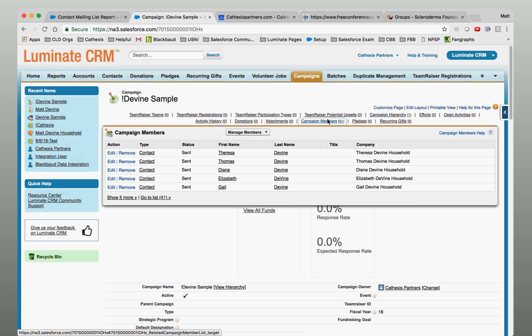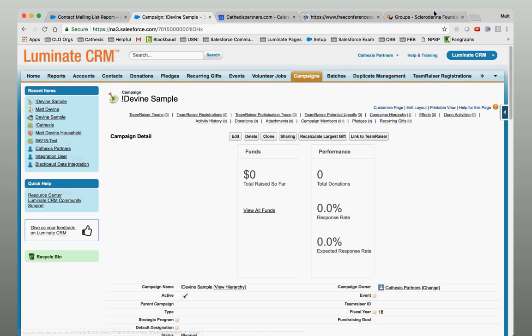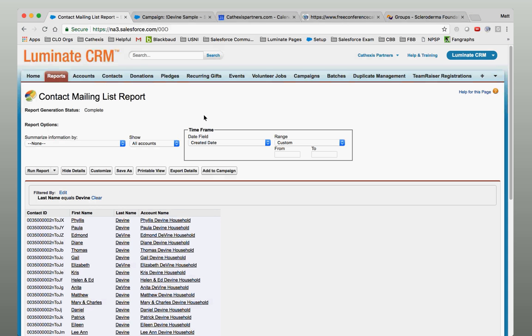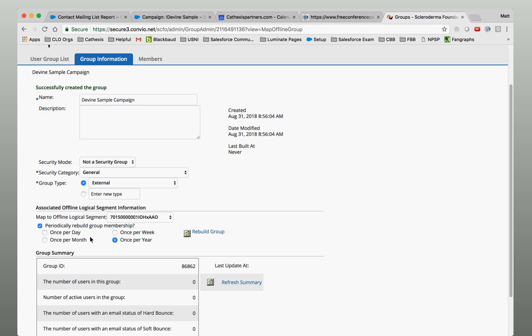In this scenario, when we have our periodically rebuild this group checkbox checked, this is going to make sure that this extra person gets added to this group inside of Luminant Online. So that's why I started to say, if we are only adding people when going down this route, definitely let's go ahead and check that periodically rebuild checkbox. However,